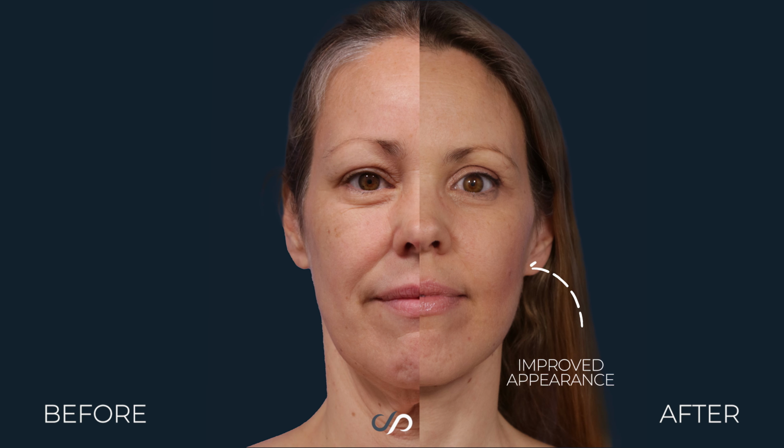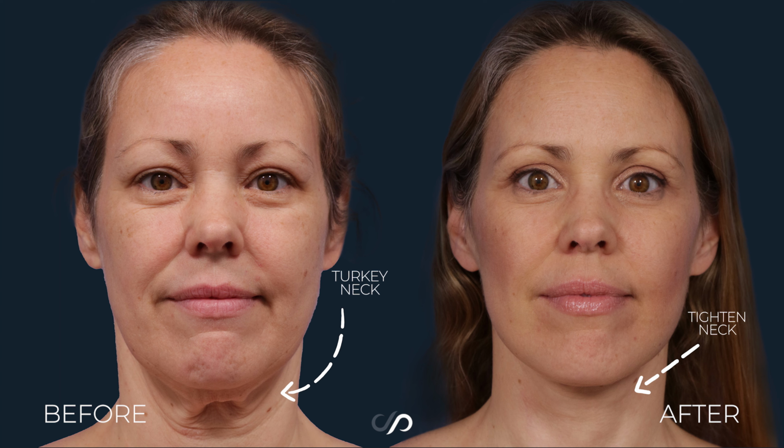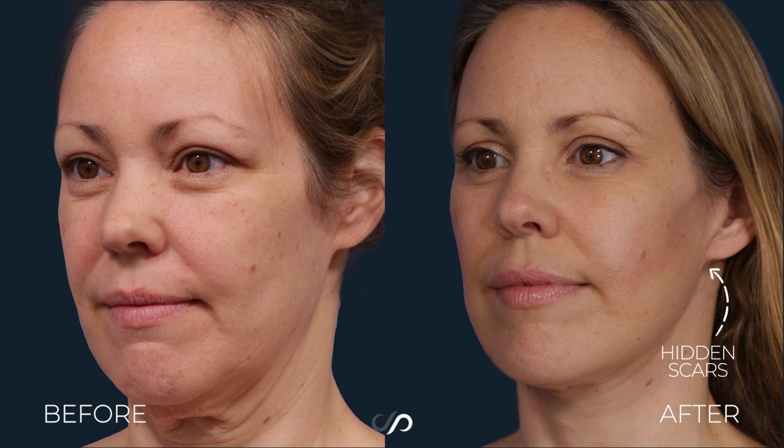A surgical facelift, of course, is surgery. That's a much bigger operation. It's going to give you much bigger improvements. And in general, a surgical facelift is best for patients who are looking for a greater improvement or who are older and need a greater improvement. If your skin is really loose, injectables will not get the job done. You need to have both an adequate amount of soft tissues as well as a relatively taut skin and muscles to have the ultimate